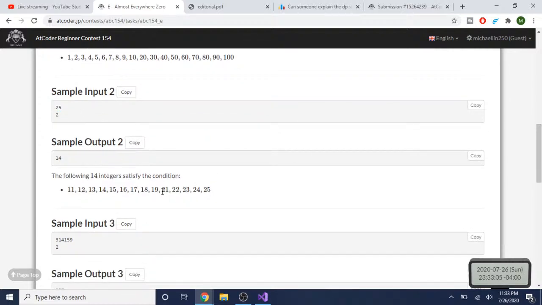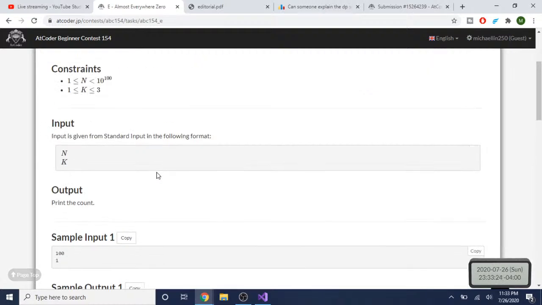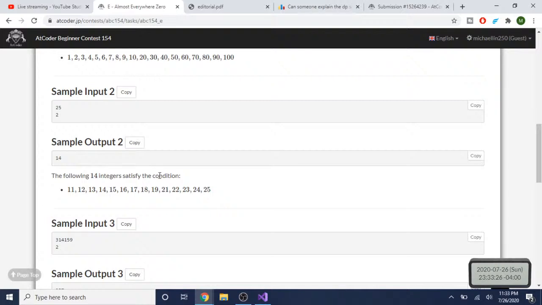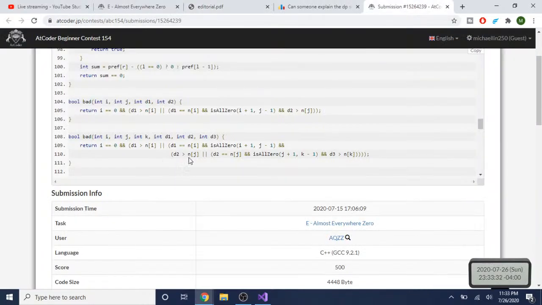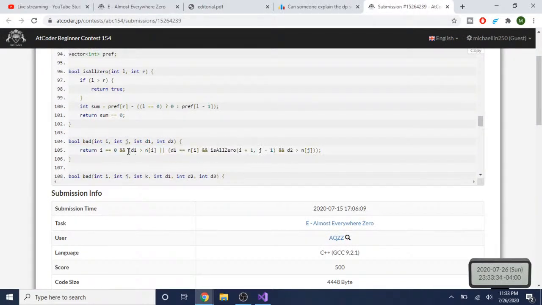So how do we know if it's bad? If we have a digit that contains a 0, then we know it's bad, because we were trying to find exactly the numbers that contain 2 non-zero digits, right? So if it contains a 0, we know it's bad. So that's what this is doing. So if at our corresponding place,